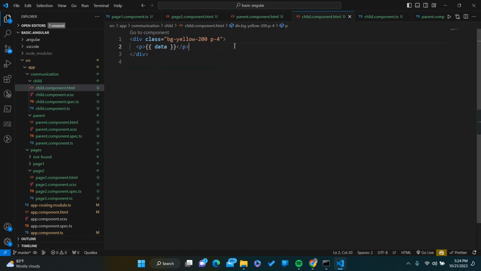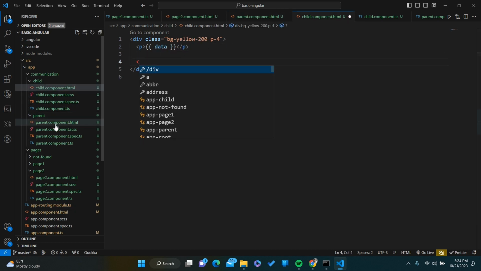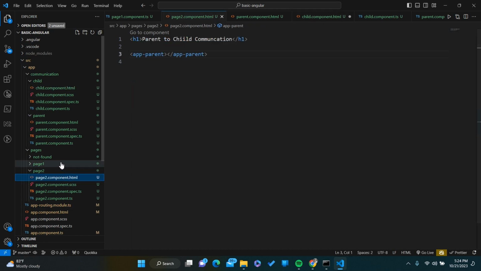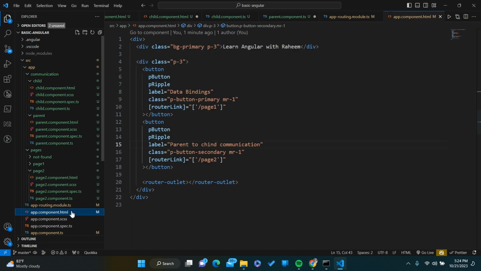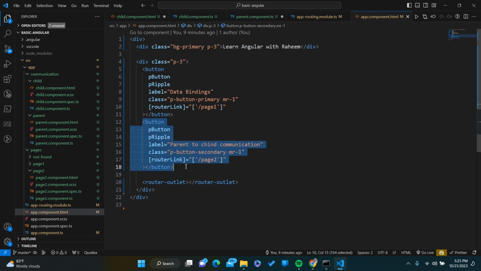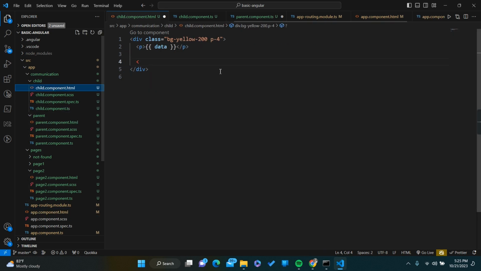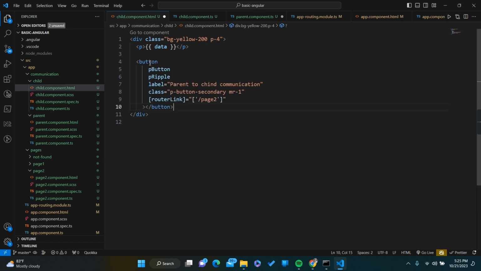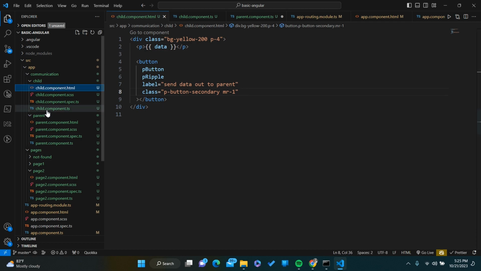In the child we have the button. Let me add the button here. Let me copy the button from here. Right, so this button sends the data out to parent, right? So it should happen if I click the button. So to do that,